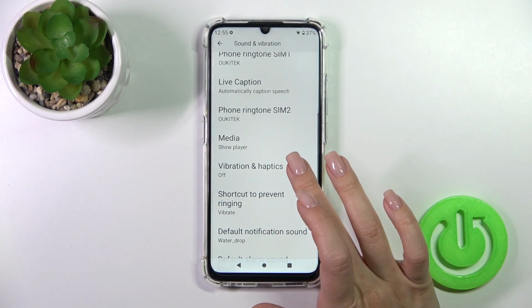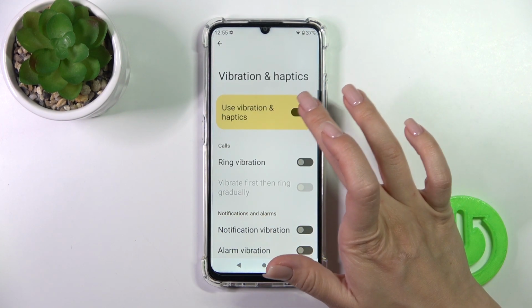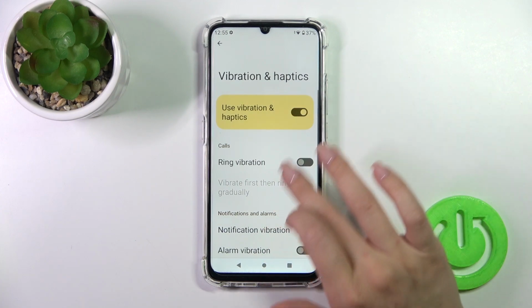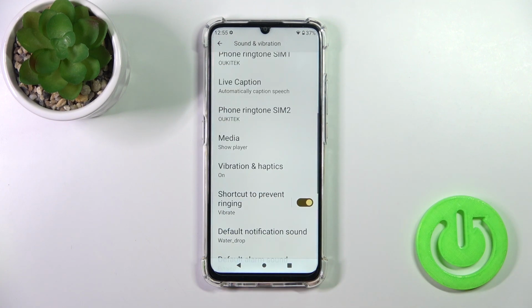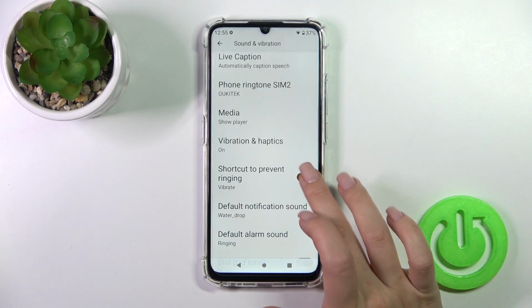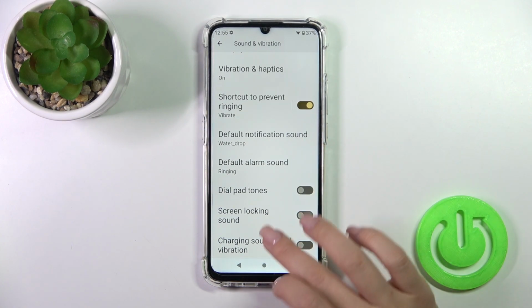Let's go back. We could also use the vibration and haptics settings. We could just activate them or turn them off, and change the same settings for calls, notifications, and interactive haptics. We could activate or turn off the shortcut to prevent ringing, to change default notification and alarm sounds,